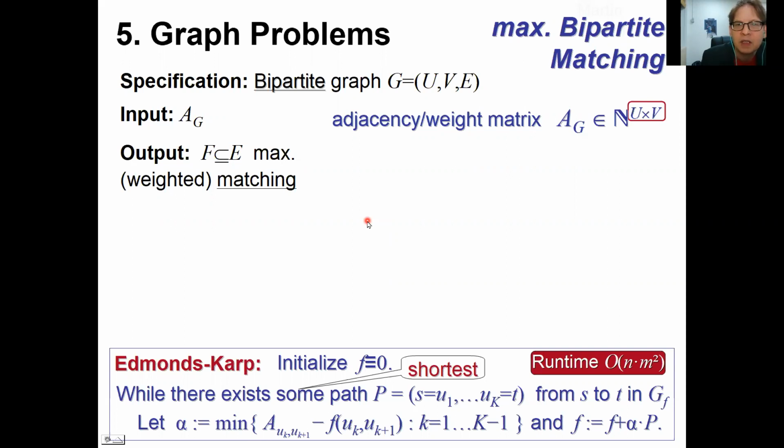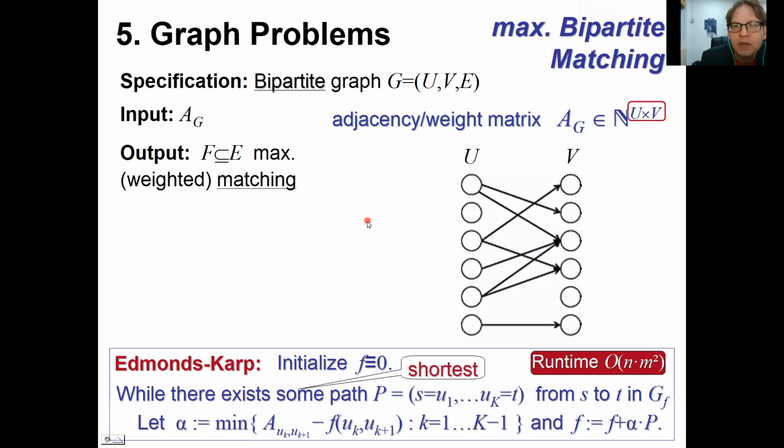So here's an example of a bipartite graph, which is not complete because some edges are obviously missing. Here we have the first class of vertices, the second class of vertices, and directed edges going from the first class to the second class, but not within either class. And we consider here more generally the weighted version, but let's first discuss the non-weighted version,